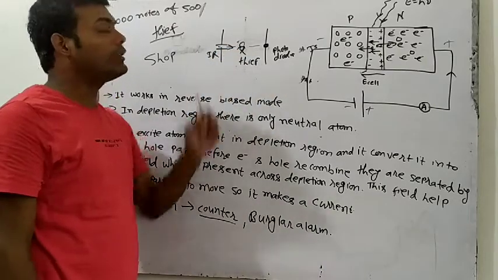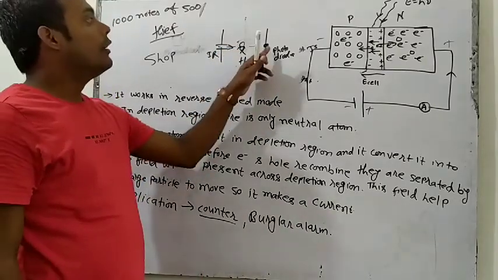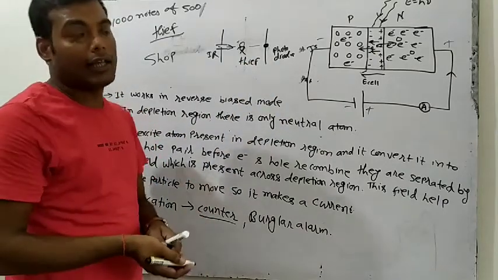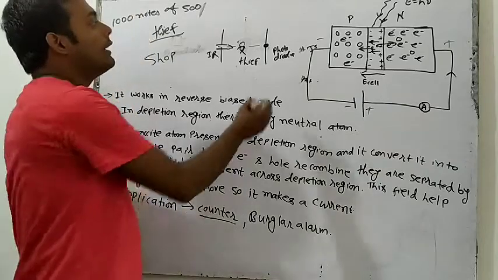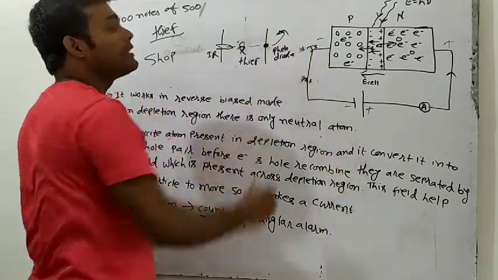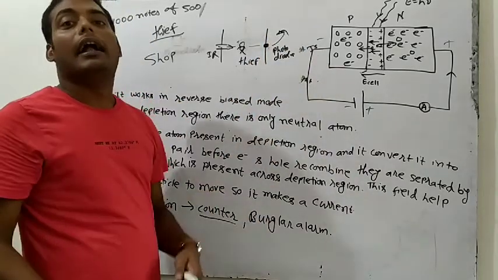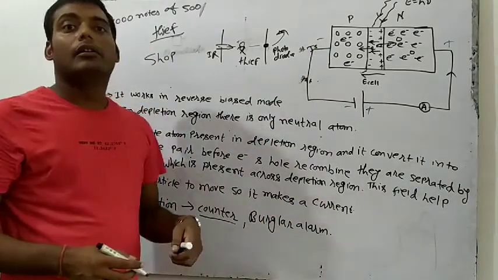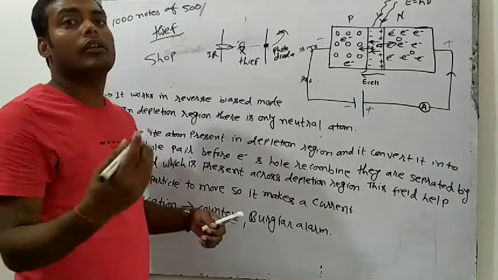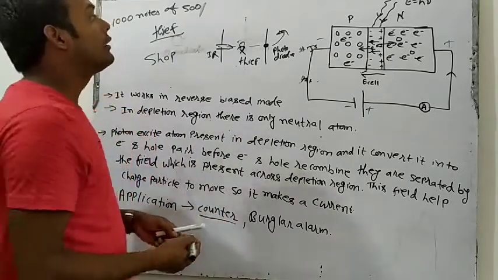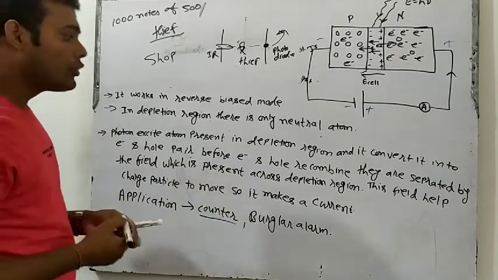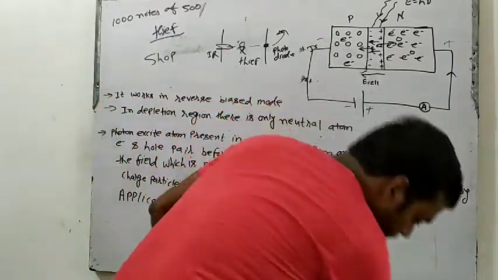And if the light can't cross it, that means this photodiode can sense that there is no current. And if there will be no current, then this photodiode will give an automatic signal to the alarm, and then your alarm will ring, or they can send a message to the owner or to the police station that someone has entered the organization. Okay, so we can understand like this.